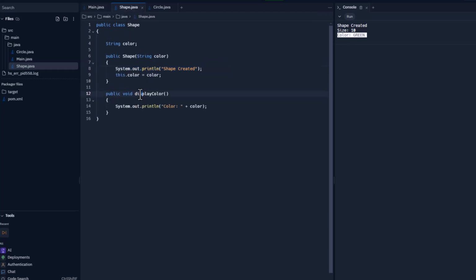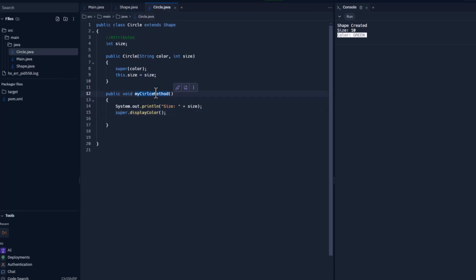Let's have a display color method here. So we'll keep this here. And I'm just going to say display color just for example purposes. So the whole purpose is that we're going to show that we can have methods of the same name. All right, I'm going to get rid of this